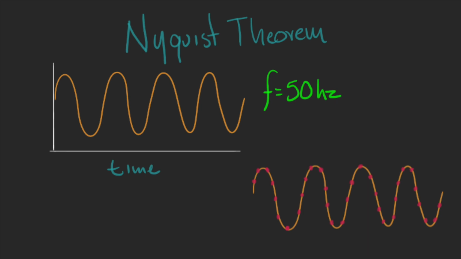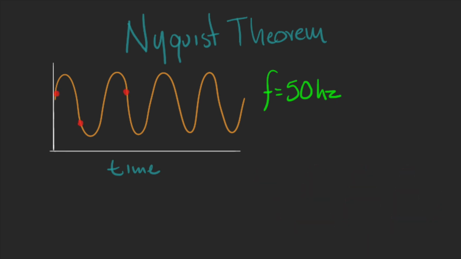The problem comes when we take less samples. Let's say that we take a sample here, here, and there. When we try to reconstruct this signal, we will end up with something like this. If we reduce the sample frequency more, let's say to 50 Hz, that is the same frequency of the signal, we will end up with a flat line. This is what happened in our checkerboard example. This phenomenon is called aliasing,